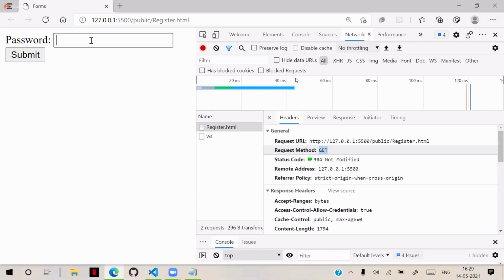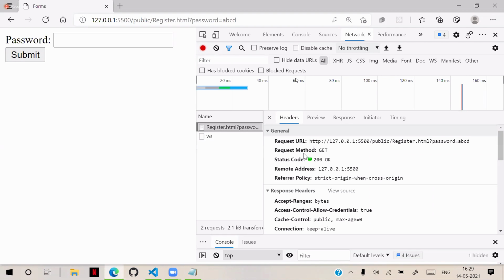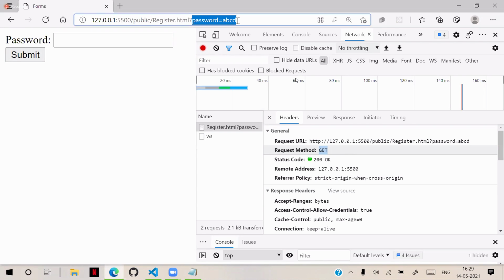On this GET method, I am submitting some password, I entered some password, and click on submit. You can see that the password is submitted on a GET request only. Method is still GET. But you see the password is in the URL. Anybody can watch it. It's not safe. It is easy to hack. We need to encode the data, and we need to use the encoded data. It can be stored in browser history also. It can be bookmarked also. That is the reason we don't recommend to submit data on a GET request.